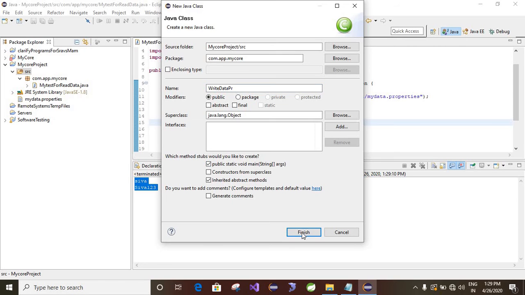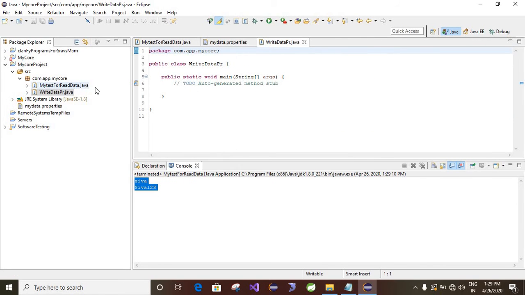Okay, here you have to write the code to write data into the properties file.